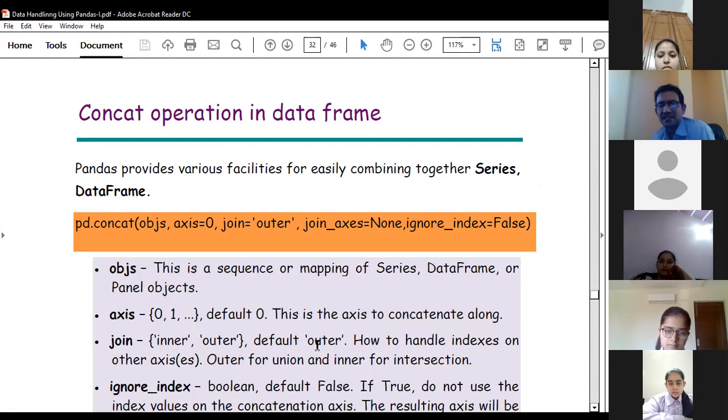Why am I discussing these parameters? Because in this concatenation we have only mentioned the objects. We have not mentioned any other parameter. Clear? So we should know what the default values of our parameters are. I have mentioned two objects: one is the first data frame, comma, then I have mentioned the second data frame.